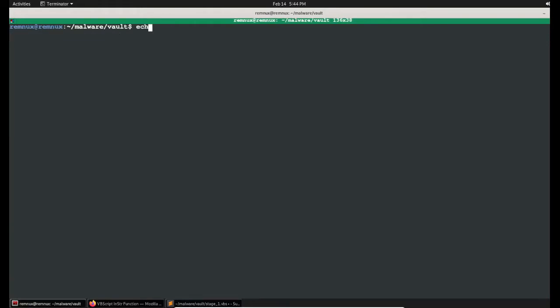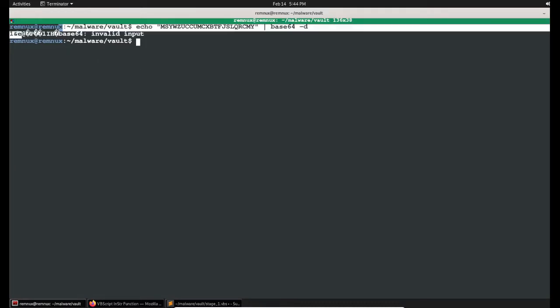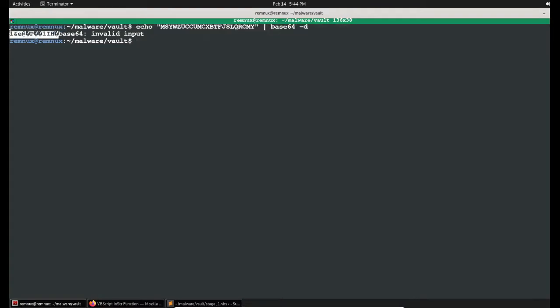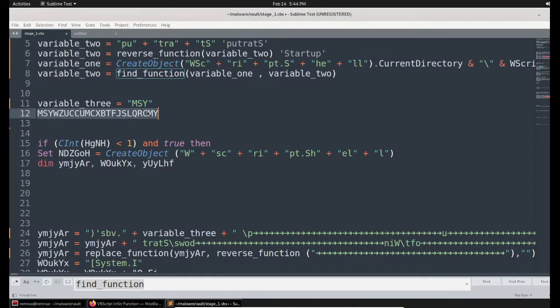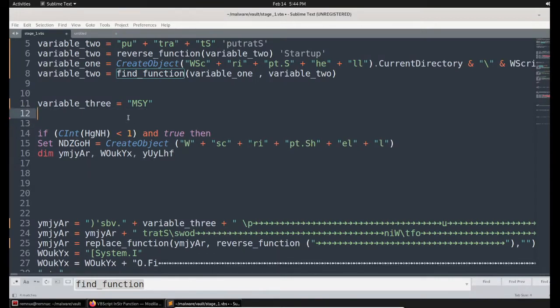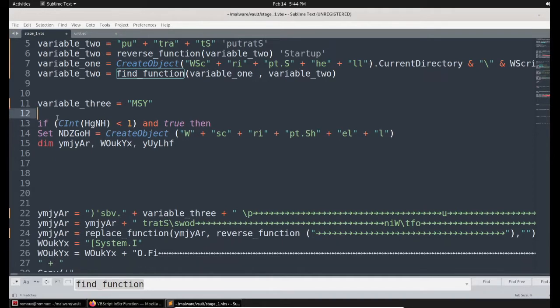So let's see, if it is base 64 and I decode it, it should give some valid information. But it is not. It is giving some non-printable nonsense. So actually, it is simply a waste piece of this code. I'm removing that.